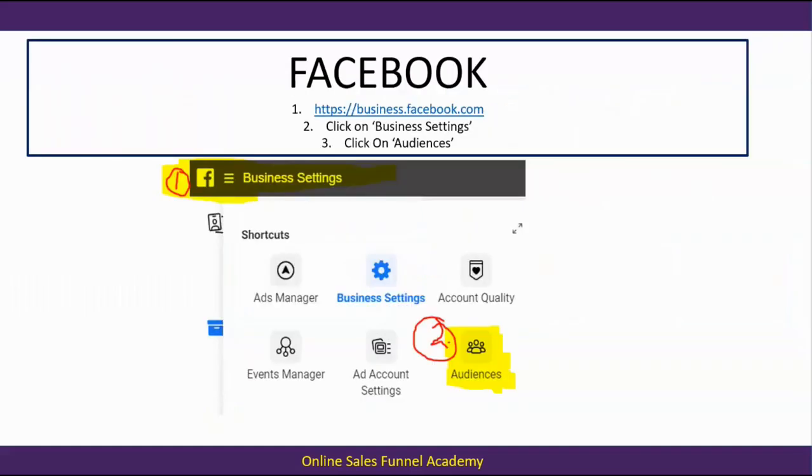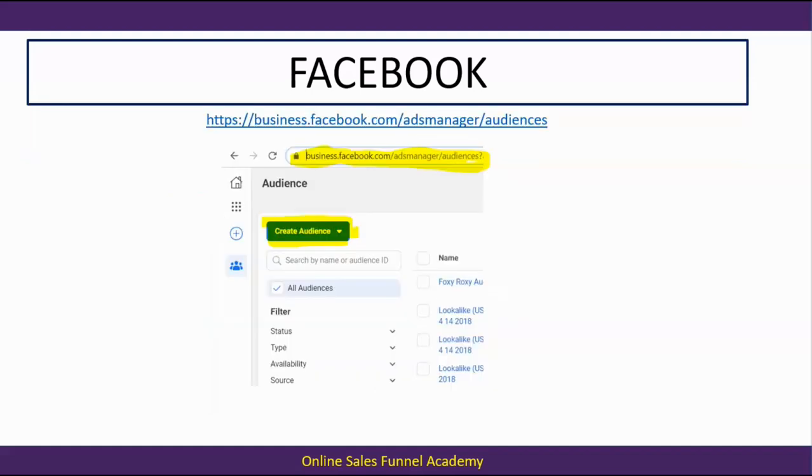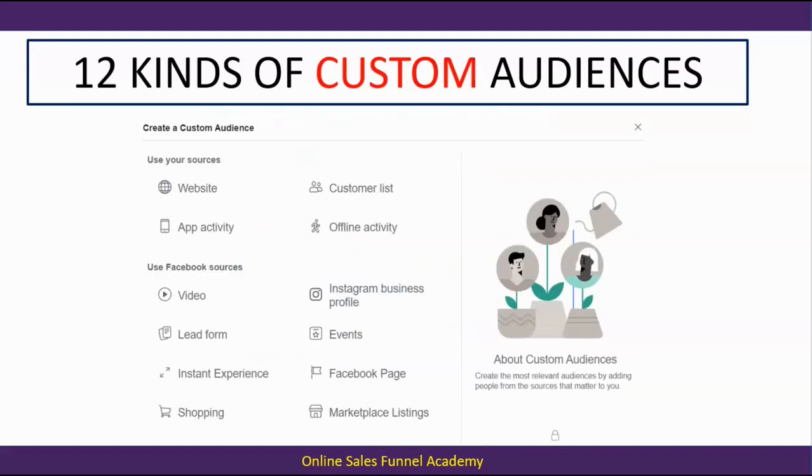So in order for us to create a custom audience, you're going to want to go to business.facebook.com. If you're already logged into Facebook, you should see a dark gray bar across the top. And then you're going to click on Business Settings, and then you're going to click on Audiences. Once the Audiences tab opens up, you're going to see a button that says Create Audience. And at the time of this recording, here's a snapshot that was taken today. There are currently 12 different kinds of custom audiences,